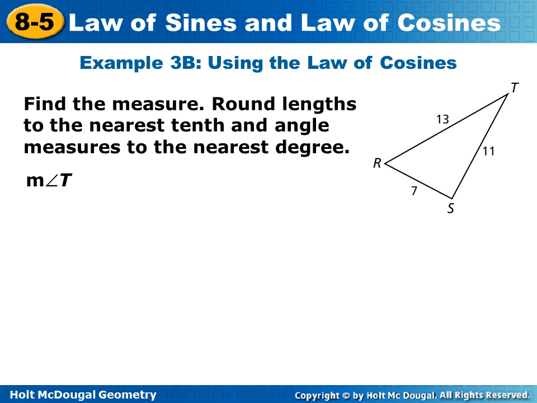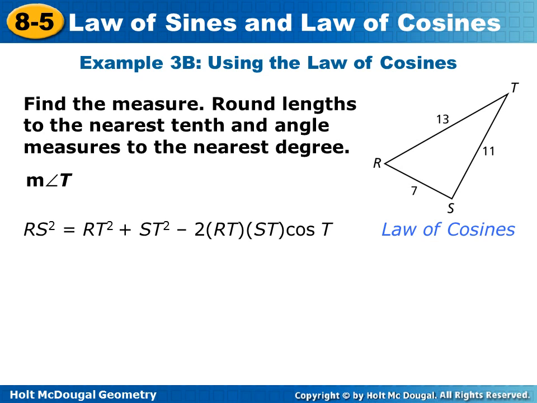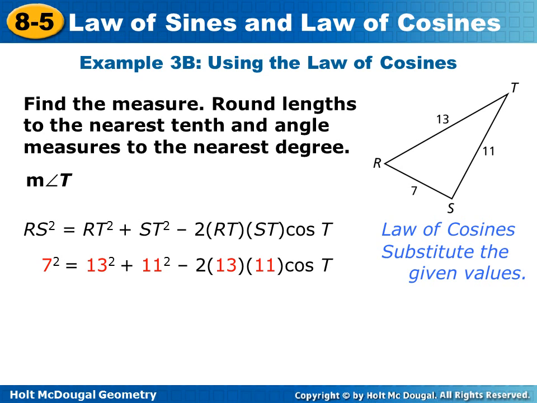Here we want to find the measure of angle T. So we have three sides and we need to find the angle. So here we have RS squared equals RT squared plus ST squared minus 2 RT ST cosine T. When we substitute, we get everything except for angle T. So we have 7 squared equals 13 squared plus 11 squared minus 2 times 13 times 11 cosine